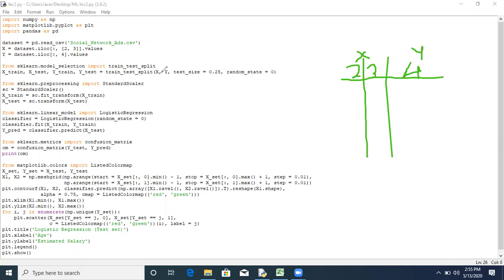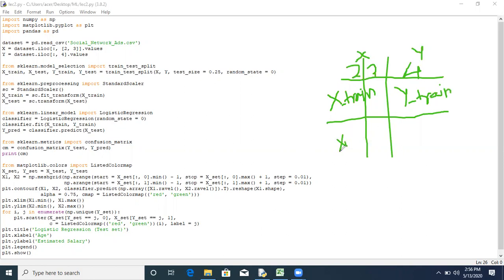Now again we are splitting the data set into two parts, training and testing. So this part becomes your X train. This is Y train, the output which we are providing for the training purpose.